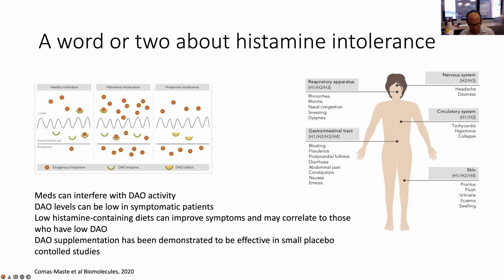But there does exist the concept of histamine intolerance. And there are two main ways that this can happen. One would be secondary reasons, such as taking a medication which interferes with diamine oxidase, which is what used to be called histaminase, which breaks down histamine, or where you've provided too much histamine, right? So in an anaphylactic case, you've overwhelmed the normal amount of diamine oxidase, and then you get,